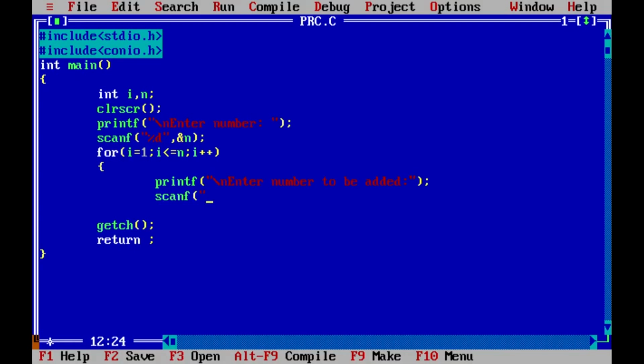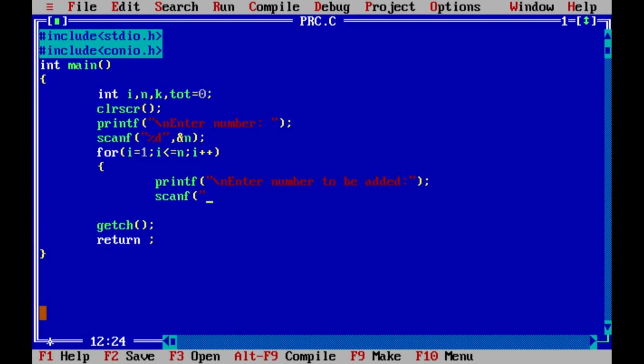Now for scanning that number, we have to declare one more integer. Let's say k. And we also have to take another integer total, and we will initialize it with 0. Why, we will discuss further.